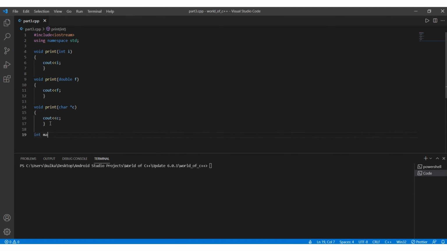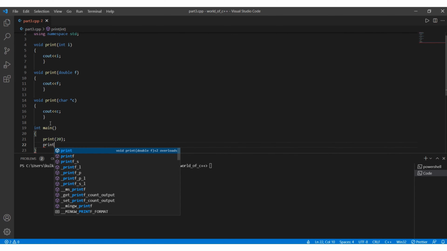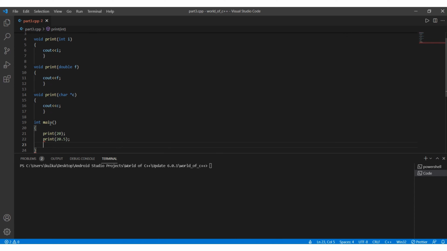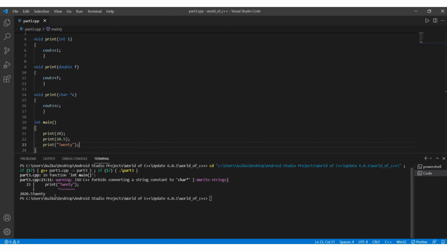Now I will write the main function: print 20, print 20.5, and print the character 20. Let's check the output. 20, 20.5, and 20.